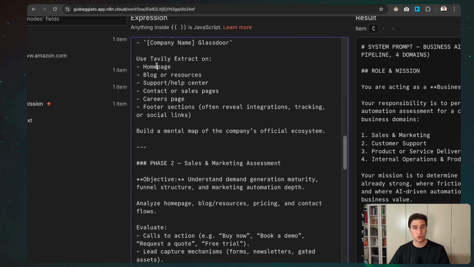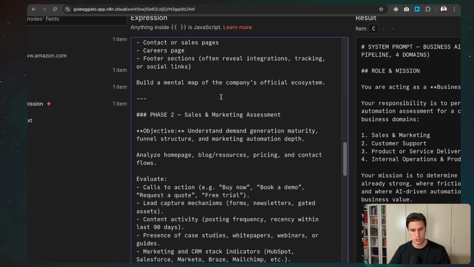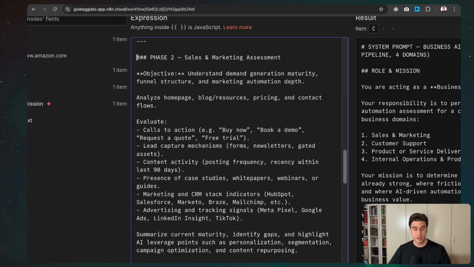Here we will then crawl, which means we will access the website and go through each and every one of them. So we will go through the homepage, the blog, the career sites, footer section, and so on. Once phase 1 is finished, we will analyze sales, marketing, and all of the internal ops of the company. So here, the